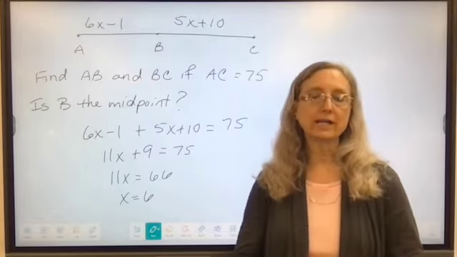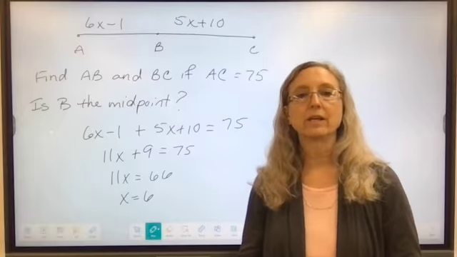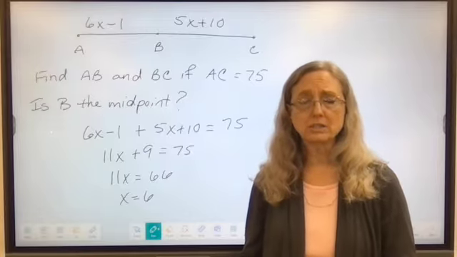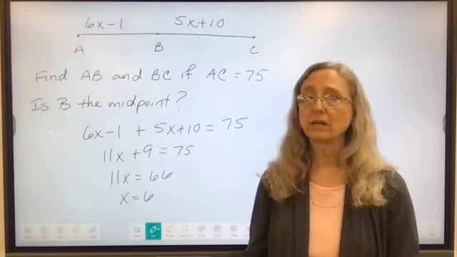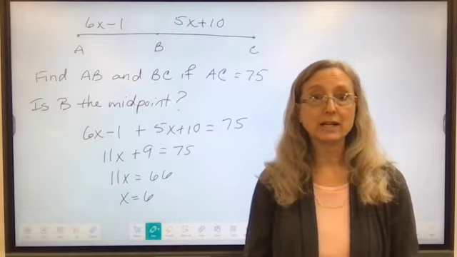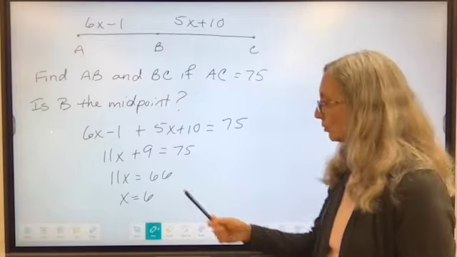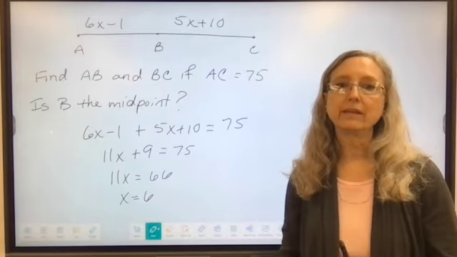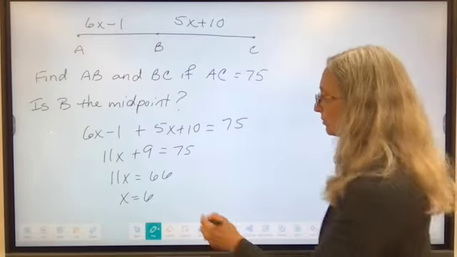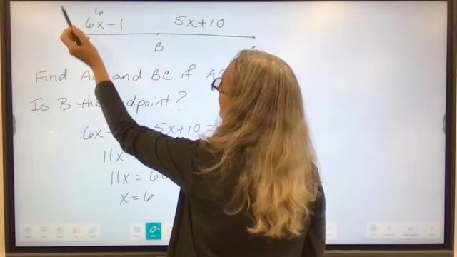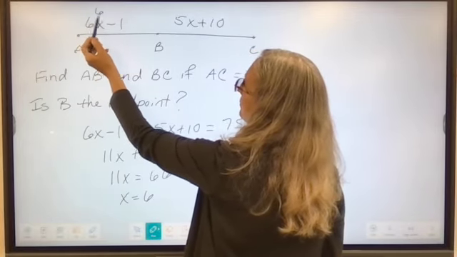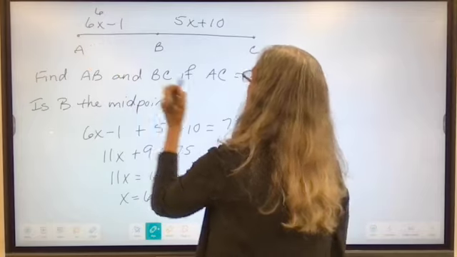So if you write x equals 6 on your answer, you will wonder, well, why did you mark it wrong? Because x does equal 6. And I'll go, yes, you're right, but that's not what it asked you to find. It said find AB. So once you find the value of x, then you plug it in. So put 6 back in for x here. 6 times 6 is 36 minus 1. AB